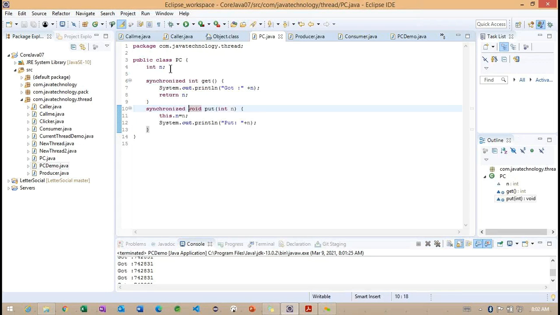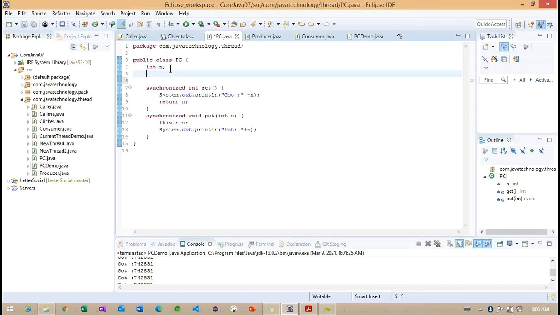I'm going inside this particular PC class, and I am going to define one more variable, a boolean valueSet.